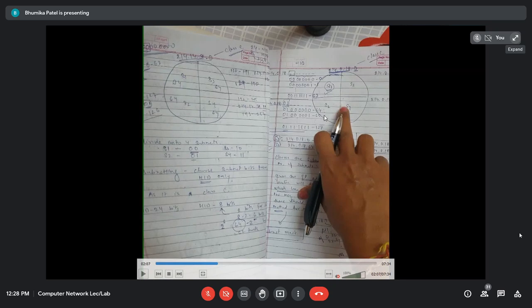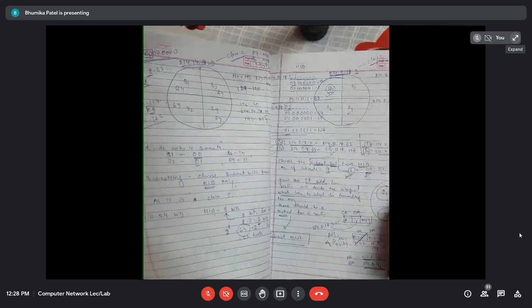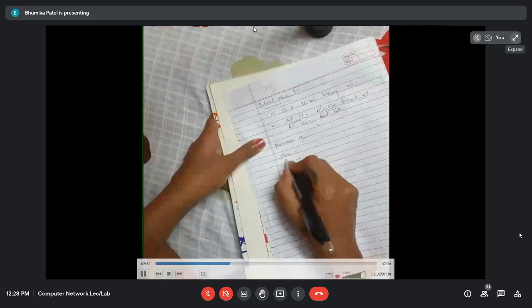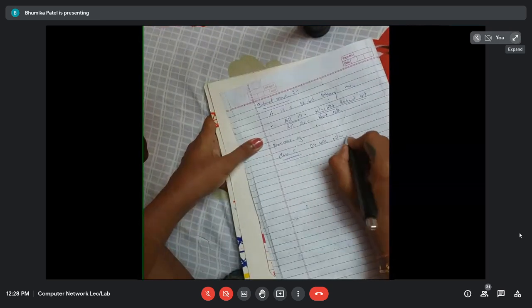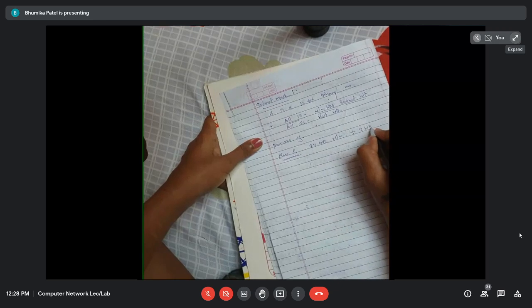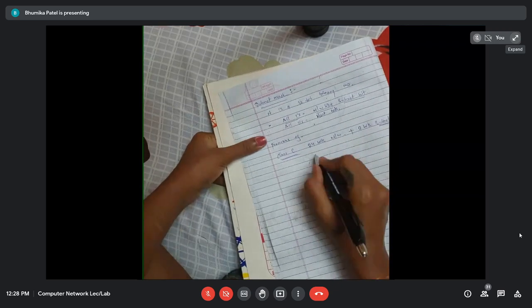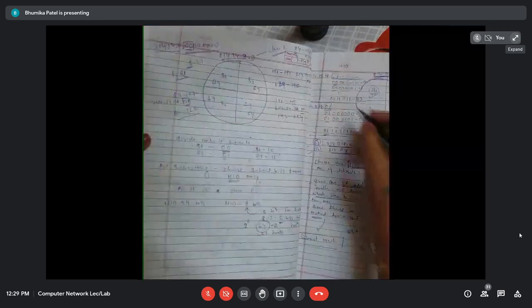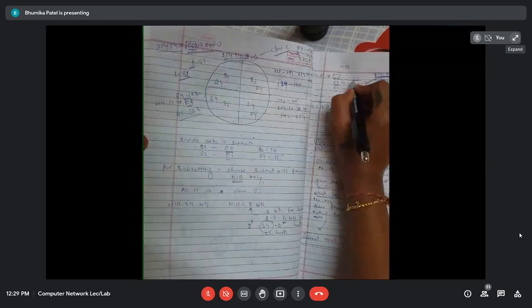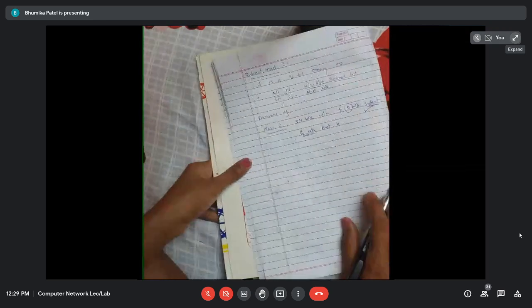Within each subnet there will be 64 hosts, because 2 raised to 6 is nothing but the number of hosts. So here in the subnet mask, we consider the previous example with class C. The first 24 bits represent the network bits and 2 bits represent the subnet bits. And the remaining 6 bits, subtracting 24 and 2 from 32, that I am getting, represent the host ID. So 6 bits for the host ID part.